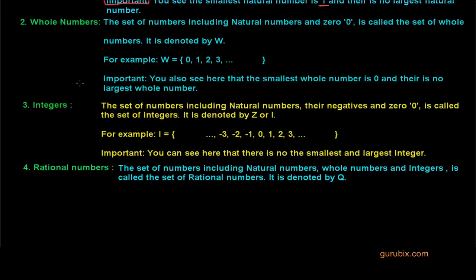Second, whole numbers. The set of numbers which includes natural numbers, this means the numbers which start from 1 and go to infinity, and 0, is called the set of whole numbers. It is denoted by capital W. For example, W is the set of numbers which start from 0 and go to infinity. Also, it is very important for you to know that the smallest whole number is 0 and there is no